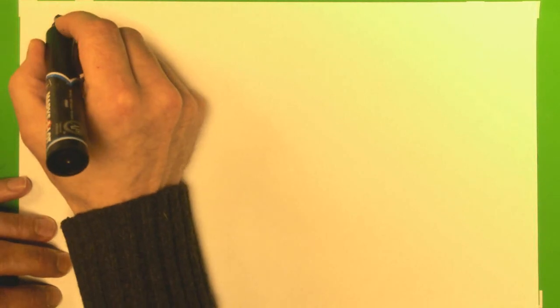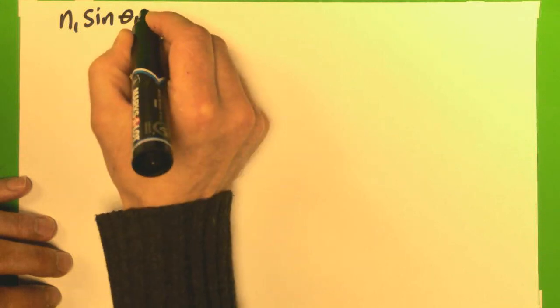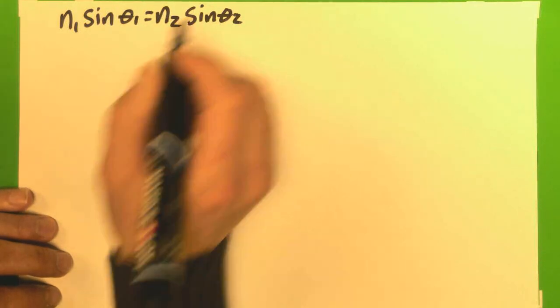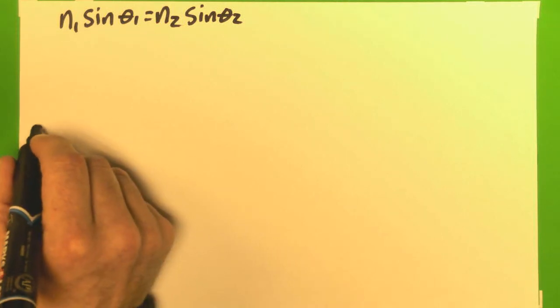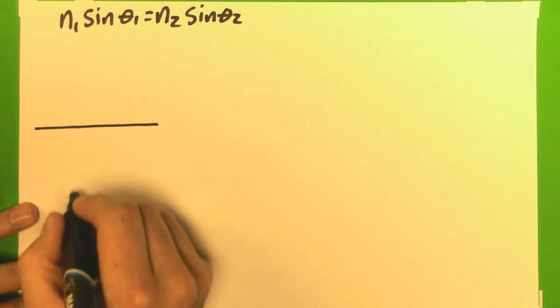Let's apply Snell's law to a flat interface. Okay, so let's remind ourselves Snell's law is n1 sine of theta 1 equals n2 sine of theta 2. And what that means is if this is an interface, let's say water and air or something, and light is